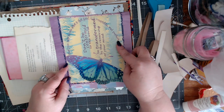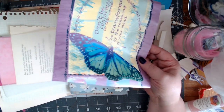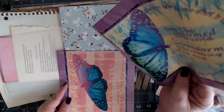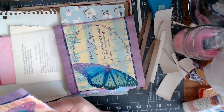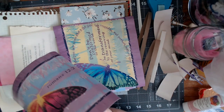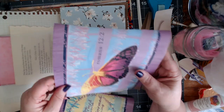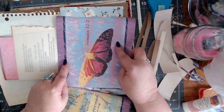That one may not even hardly fit. Let's see which one looks better with those colors. Probably not that. This one probably looks the best with those colors. Or, oh, wait a minute. Let's see how this one looks. I mean, I don't have to put it on this paper, obviously. I don't know, I kind of like...